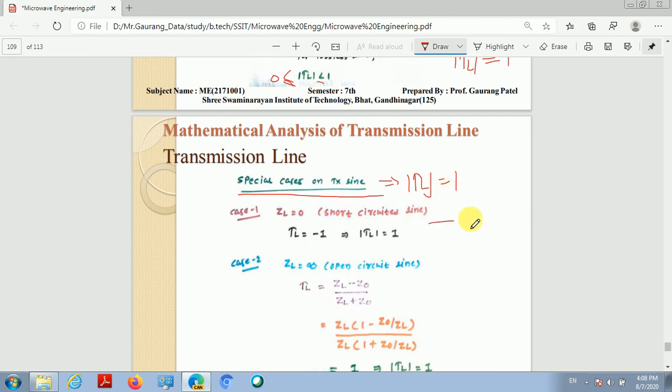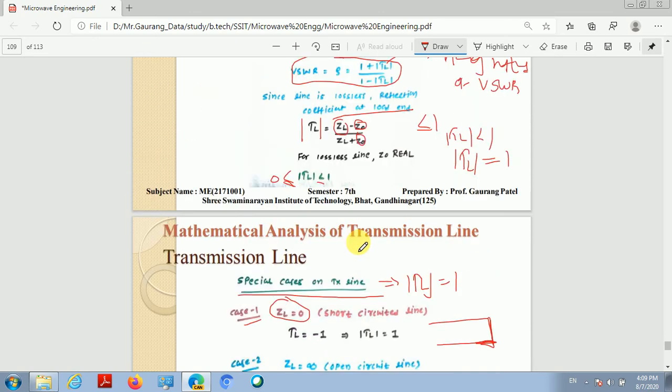So suppose मेरे पास ये transmission line है, so depending on this load impedance with which the line is terminated, the magnitude of the reflection coefficient is less than 1 or equal to 1. So there are some special cases in which the magnitude of the reflection coefficient is 1. So case number 1, that is ZL is equal to 0. ZL is equal to 0 मतलब the line is short circuited. So line is short circuited means resistance is 0. When the line is short circuited, there is no load at that point. The magnitude of the reflection coefficient is 1.